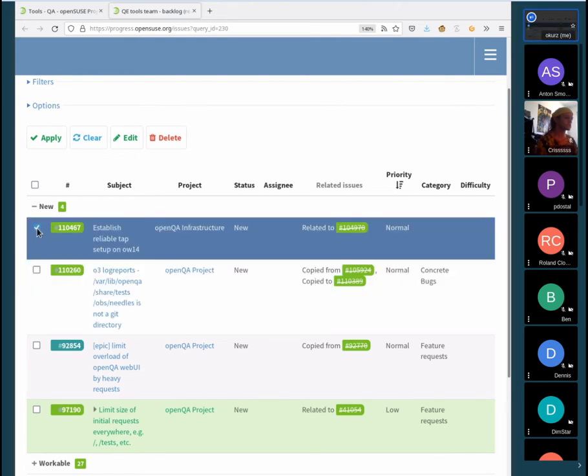Then I mentioned we have OpenQA workers in the Prague data center, or actually now it's only one machine in the Prague data center for the OpenQA infrastructure. And it's in production and it's used for single machine tests, but for multi-machine tests, it showed problems. Like it looked like it can work on jobs as part of a cluster, but then something weird happens within the test.